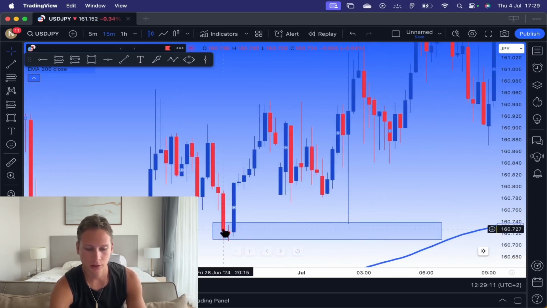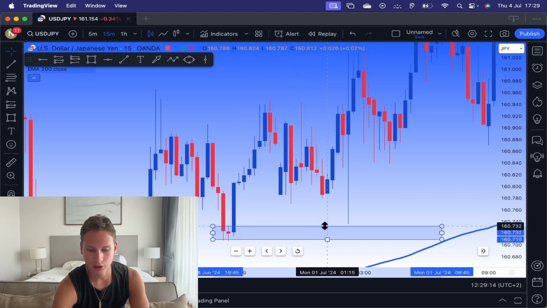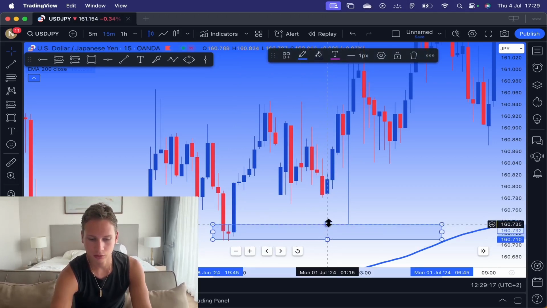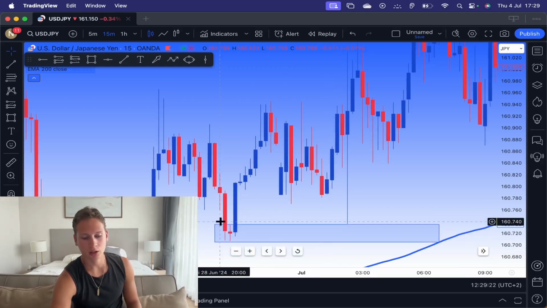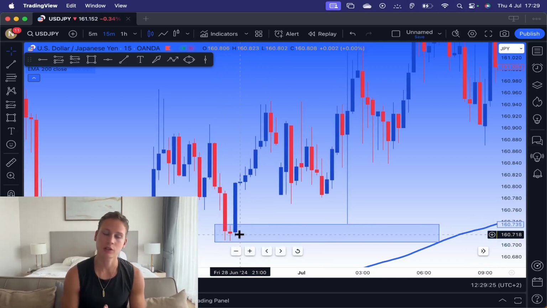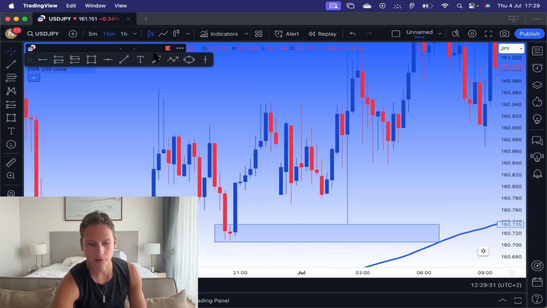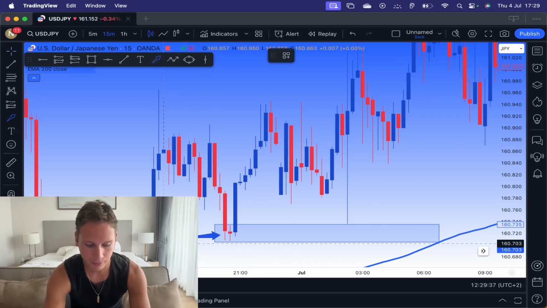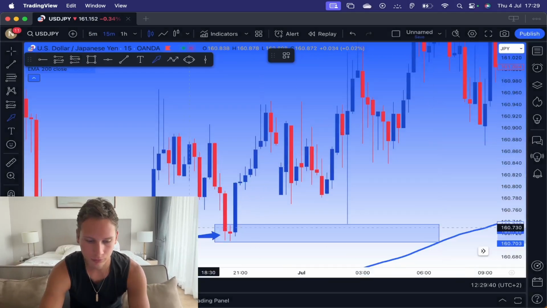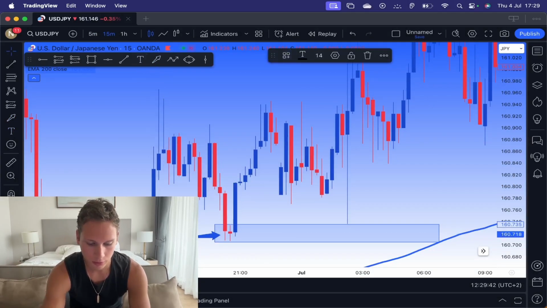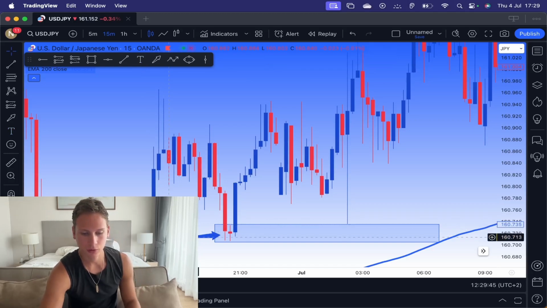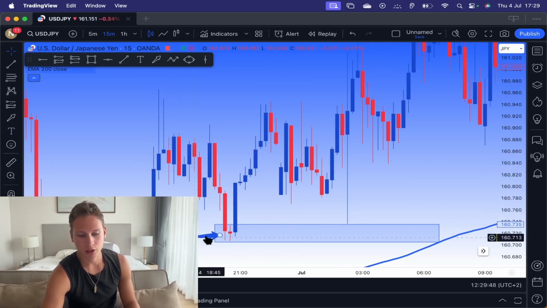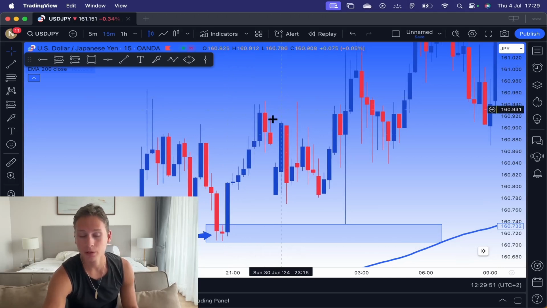All right, so as you can see right here, this is the zone here. We see a small wick. That's a very good indication of a valid demand zone, when you see a wick pattern right here. So when we see a wick right here and then we see a big push up, that means we are